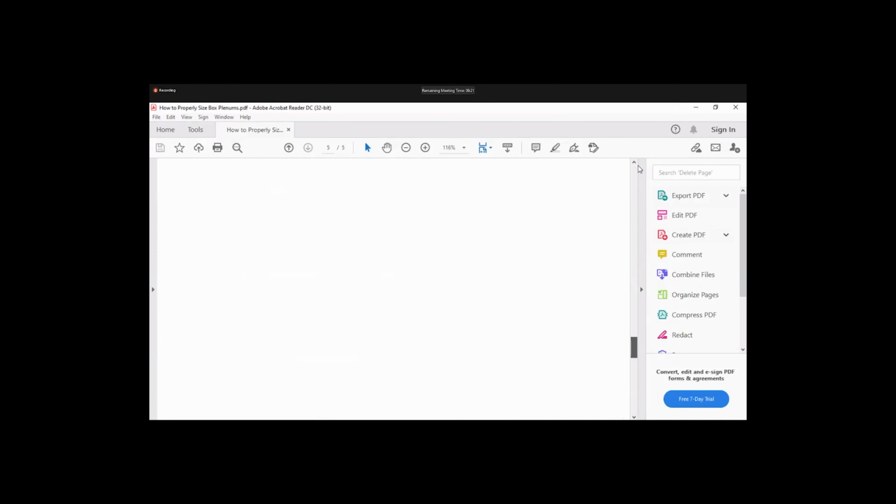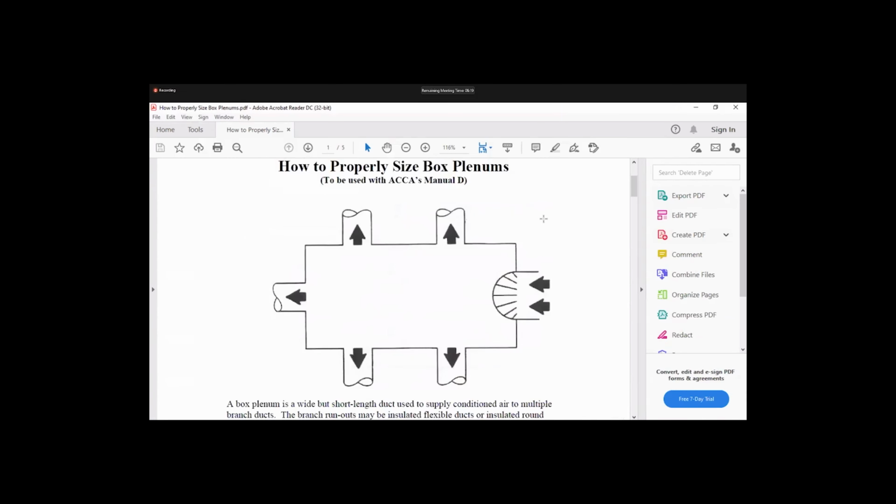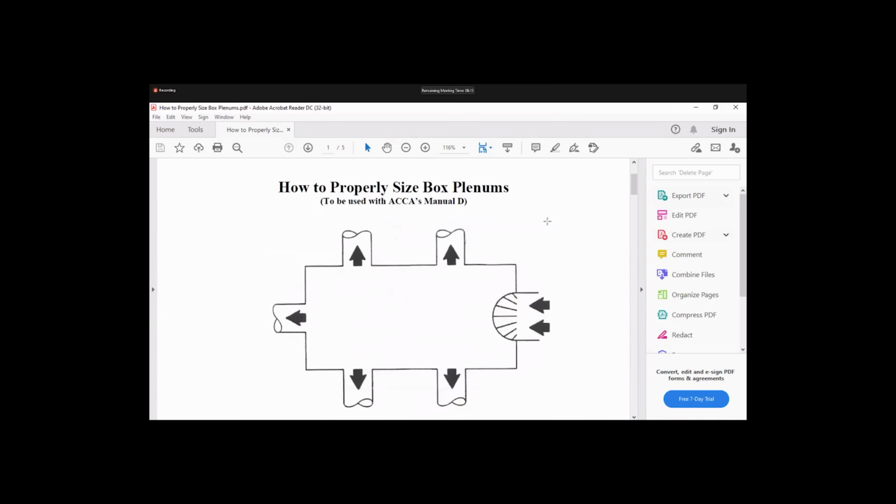So this is how the plenum box looks, and we will see how to size it.